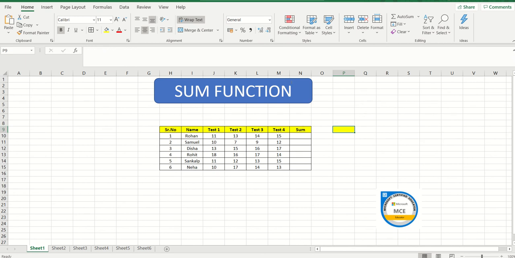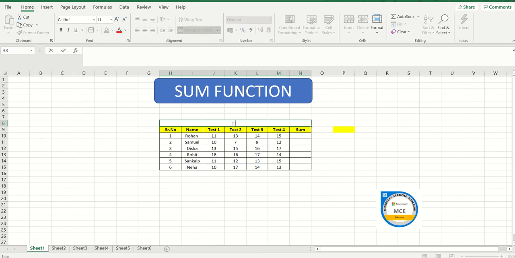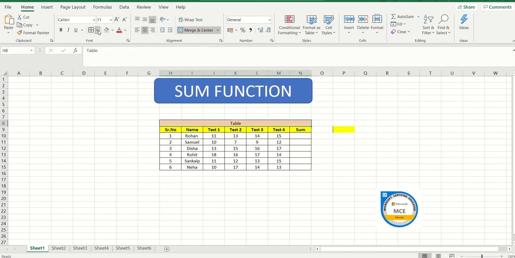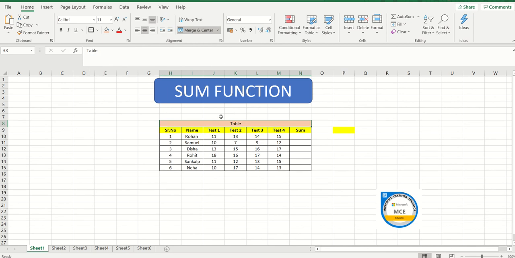Merge and center is for when, let's say, this is the table and these are the various cells. As of now you can see all the cells, and if I want to merge them, I'm going to select all the cells and do the merge and center, and then I can put the heading over here, like table. So this is what merge and center does. It is going to fuse or merge the cells, and you can use it for creating the main heading altogether, and I would be giving it a different color.